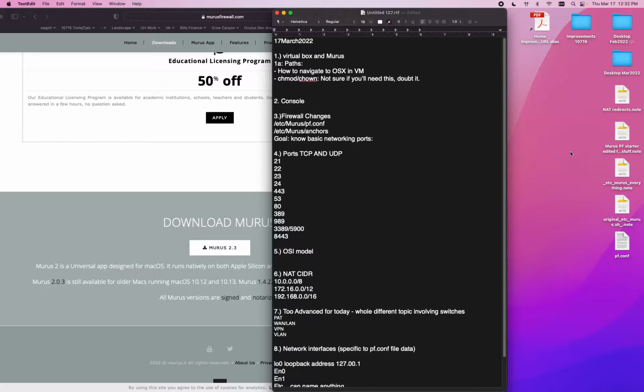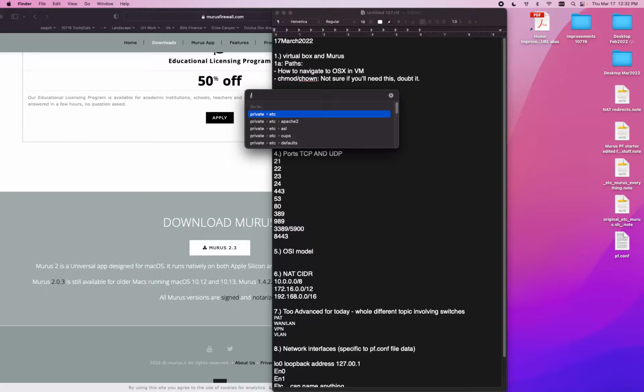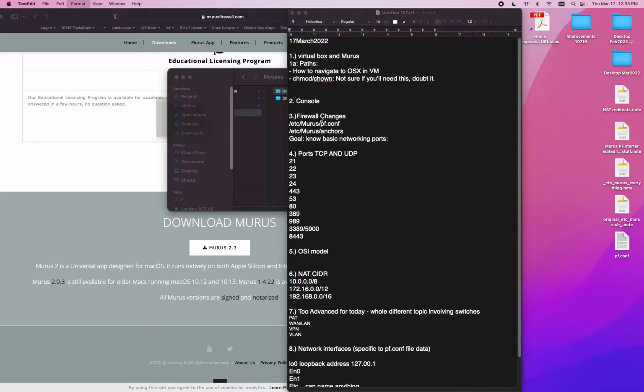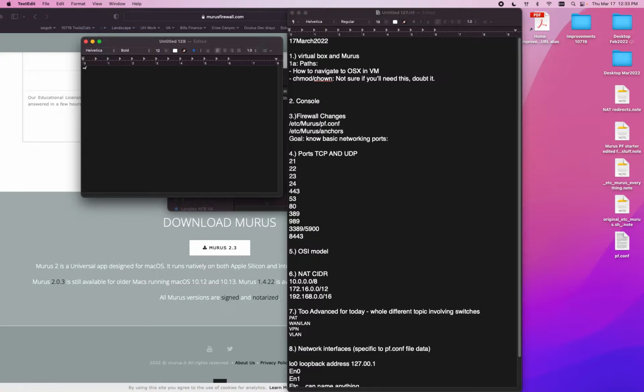So one thing that you need to be aware of is when you're navigating to your VM. I'm going to do tilde slash, which is just going to go straight to your user account. Your VM is probably going to be installed in, let's say, Pictures or Documents. It'll be in here and it'll say VM. You'll need to be aware of this path, because when you're setting the firewall rules on that VM, it will actually be something like this: Users, your username, whatever that is, and then VM, and then